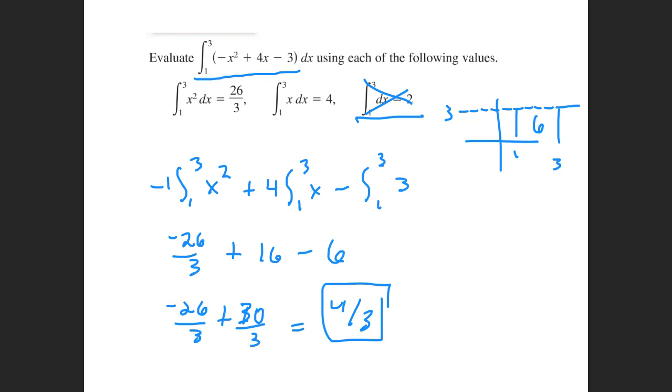For an answer? Okay. So did you get the first two parts right? The negative 26 over 3 plus the 16? Okay. And that last part, I think that's one of the rules that is coming up next, is